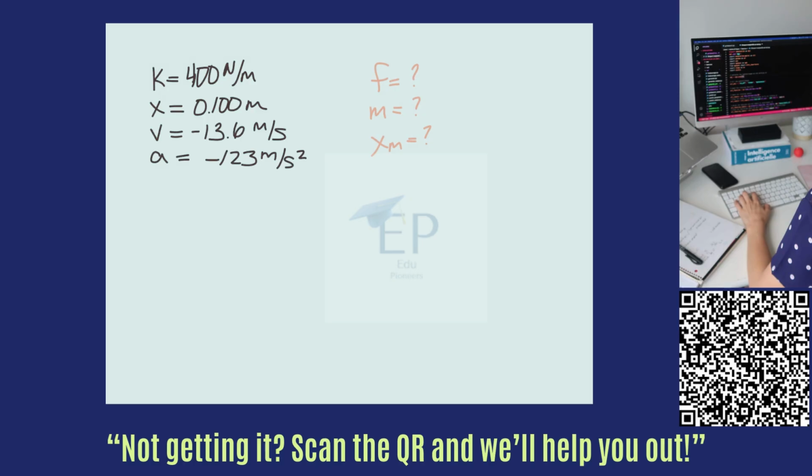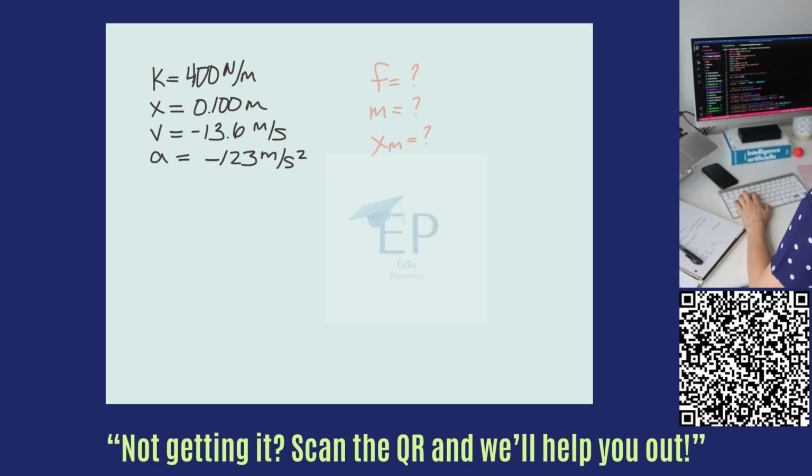For this problem, there is a block attached to a string that has a spring constant of 400 newtons per meter. It is at some point in time where the position from the system's equilibrium, the velocity is negative 13.6 meters per second. The displacement is 0.1 meters per second, and the acceleration is negative 123 meters per second squared. And we're being asked to figure out what the frequency of oscillation, the mass of the block, and the amplitude